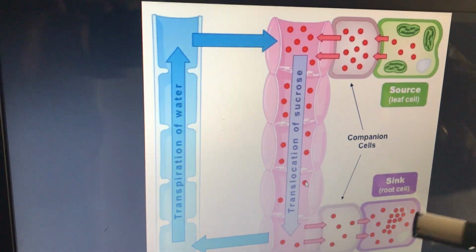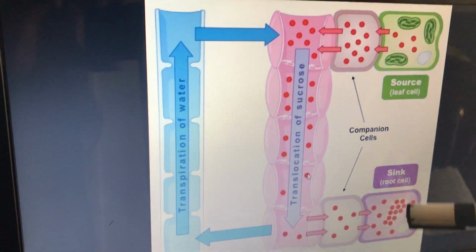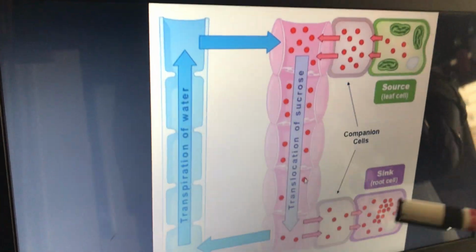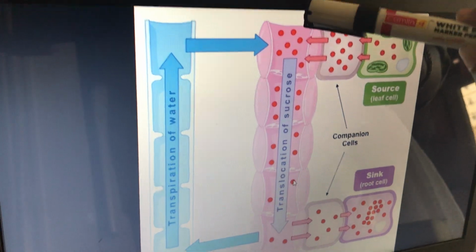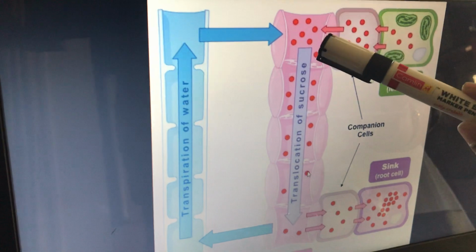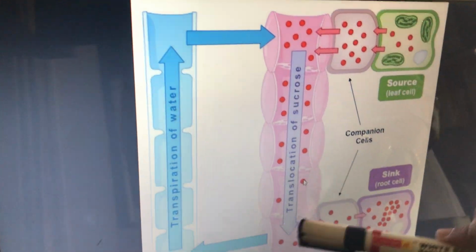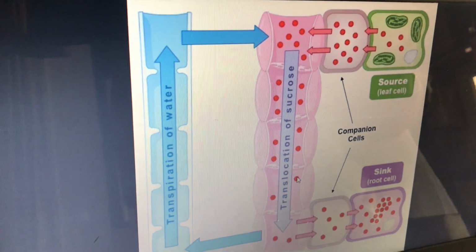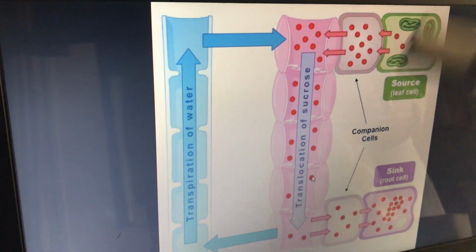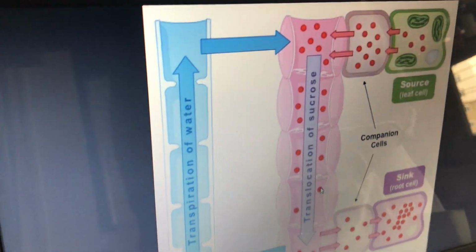Now from here, if the plant wants to transport the stored food, sucrose, again into some growing part, this food will move again upward by bidirectional movement. At that time this will become the source, wherever it is getting distributed, and whoever is receiving the food, like a bud or a leaf or whatever it is, becomes the sink. So the flow can be downward, and the flow can be again upward by bidirectional movement in the phloem. Yes children, and this whole hypothesis is called the mass flow or pressure flow hypothesis.